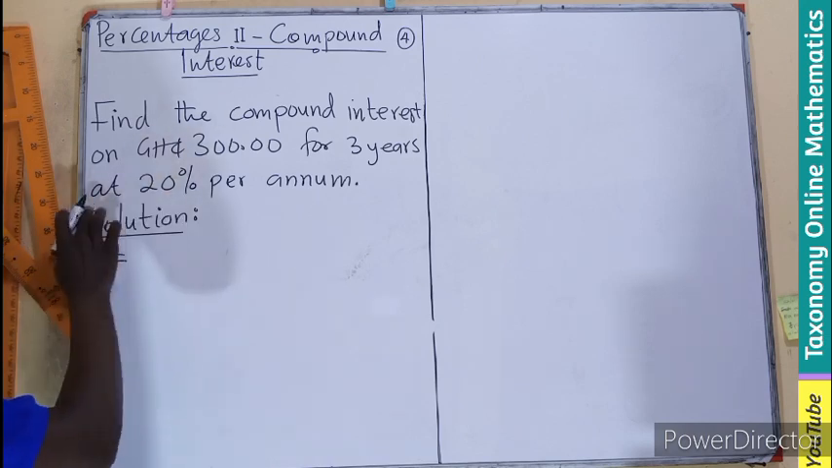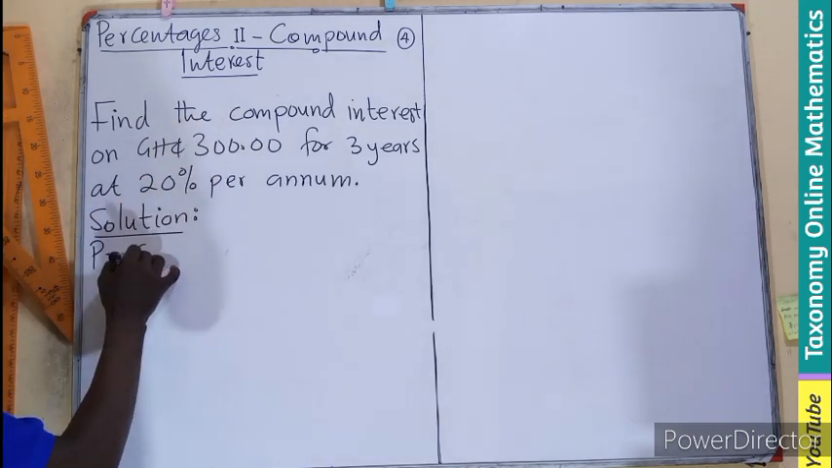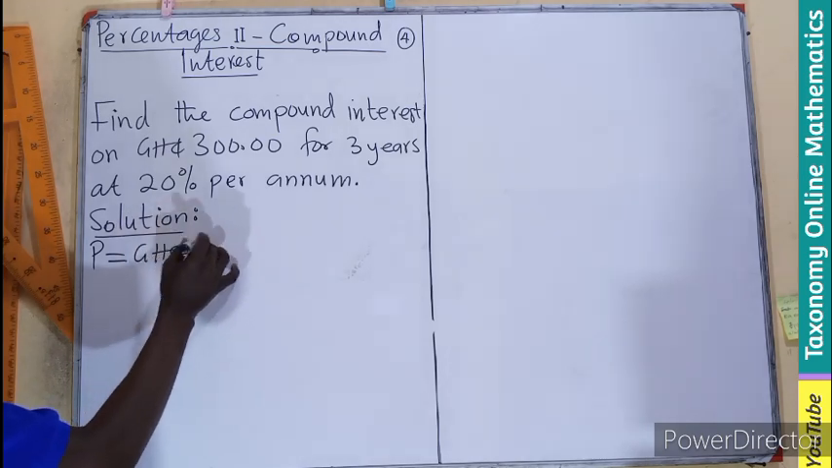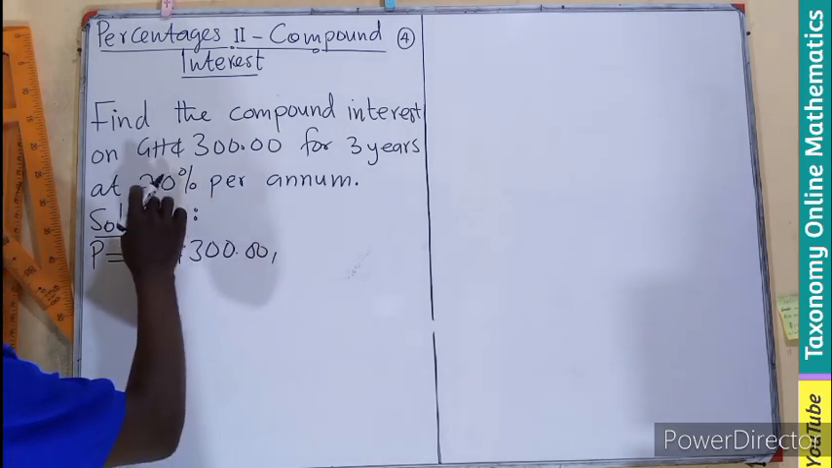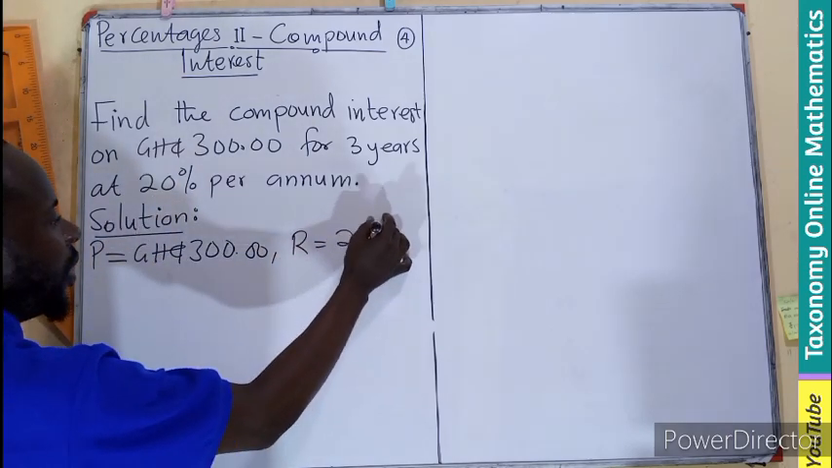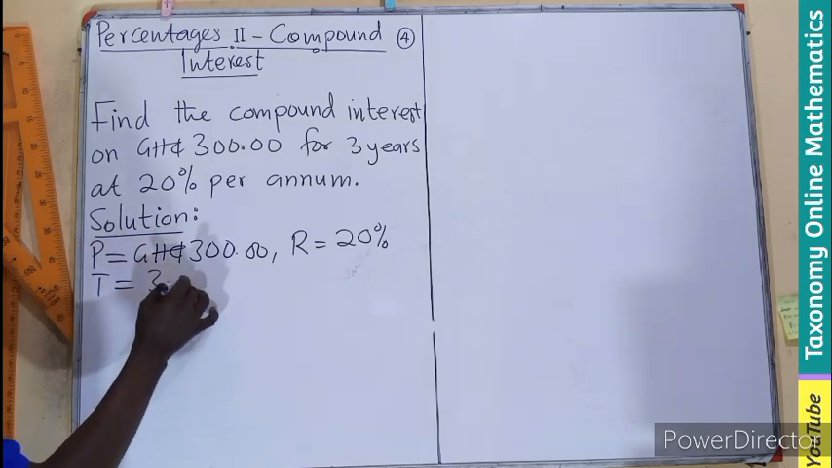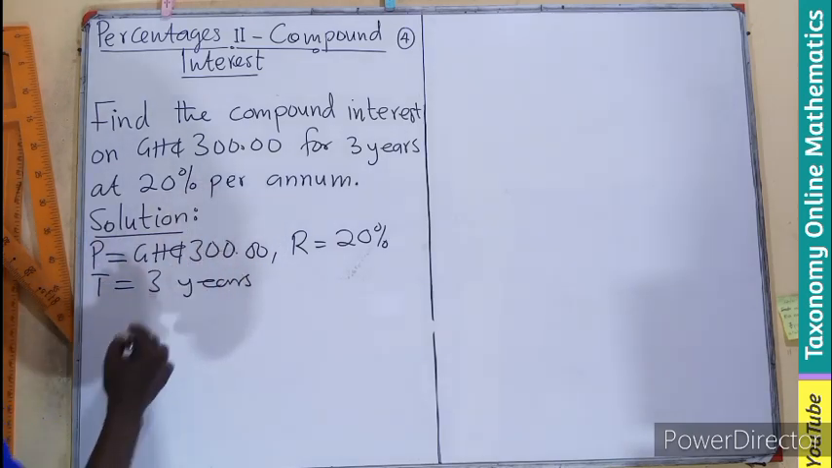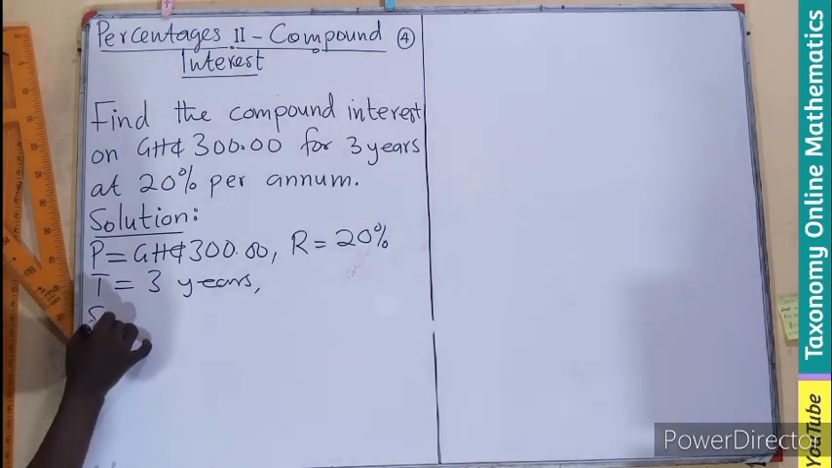we are finding compound interest on 300 cedis. This is the principal. So principal will be 300. Then this principal is being calculated with a rate of what? 20% and calculated for about what? 3 years. So if this is what we have, I can say that we can substitute